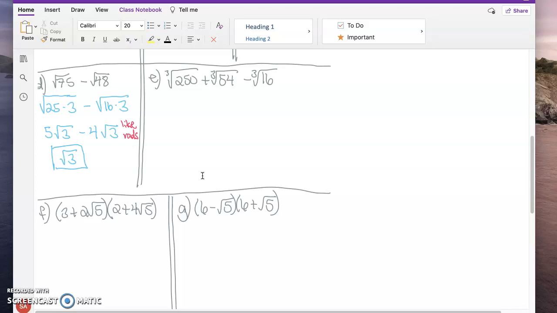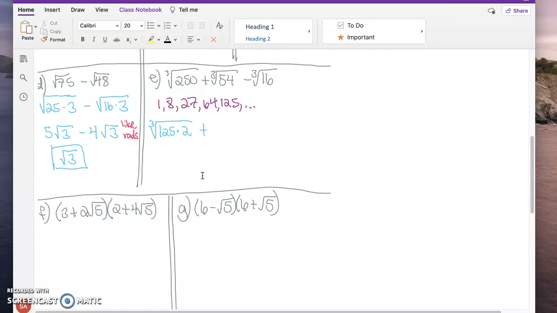So on this one, I'm going to highly recommend, like I did before, that you write your list of perfect cubes. 1 cubed, 2 cubed, 3 cubed, 4 cubed, 5 cubed, and I don't think we're going to have to go any further than that. Sometimes you might, okay? So we want to ask ourselves, is there a perfect cube that goes into 250? Well, yeah, I think we can see, right? So we're going to go 125 times 2